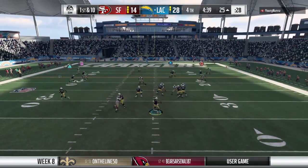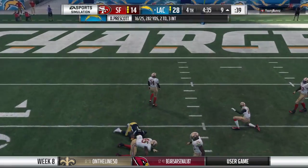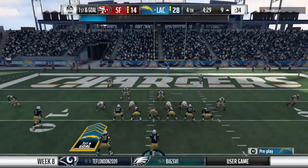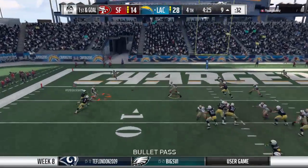On 1st and 10, Prescott. Open space inside the 10. That is caught right at the 10-yard line. That one goes for 16 yards. It sets him up 1st and goal. Another nice pickup through the air, and I think a lot of people might expect...